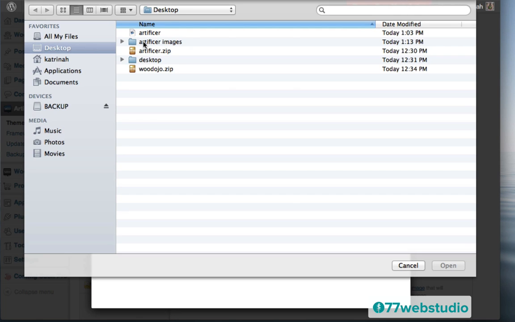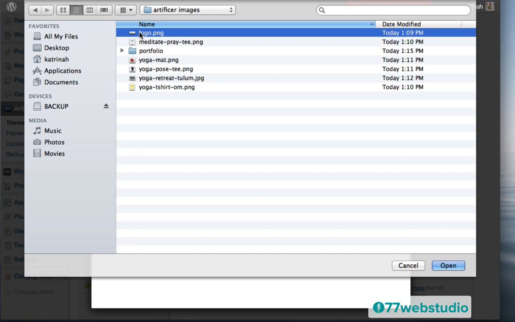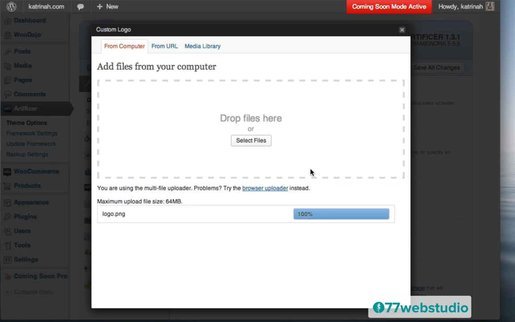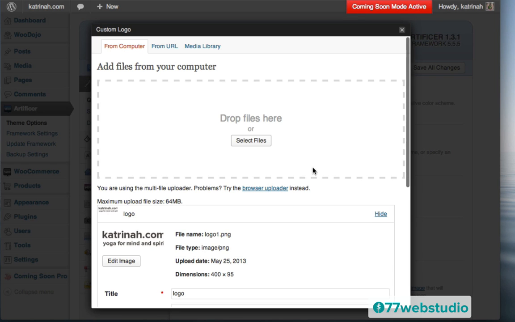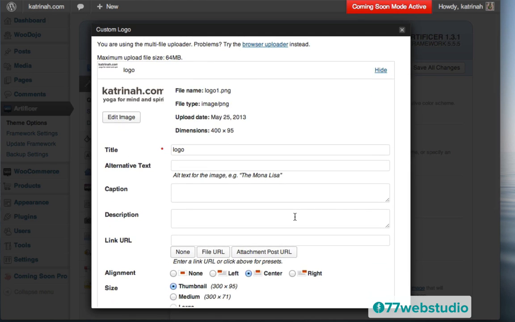So here we see all my files. I'm going to click on the folder where the logo is. So I'll just click on that to open it. And here we see here is the logo file. So I'm going to highlight that and click on Open to open this file. And then you'll note that here is the image that has been uploaded, and it's always a good idea to